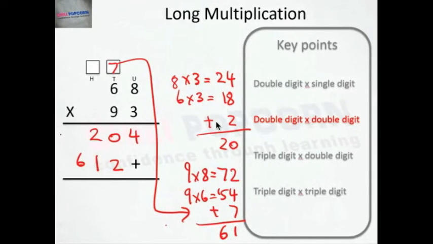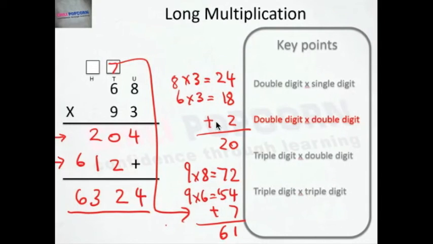Now we have to add these numbers together. So 4, 0 plus 2 is 2, 2 plus 1 is 3, 6 plus nothing is 6. So 68 times 93 is